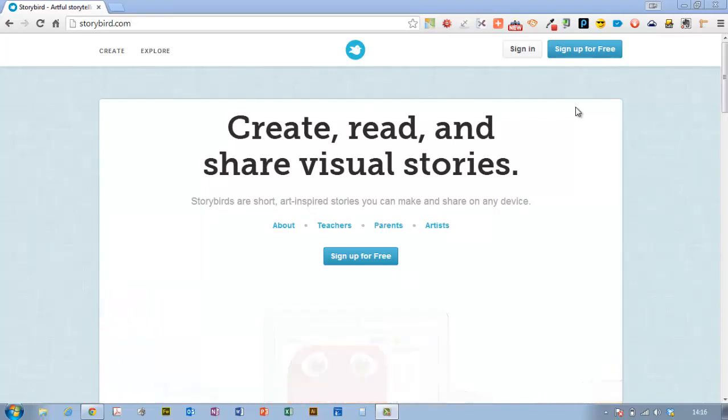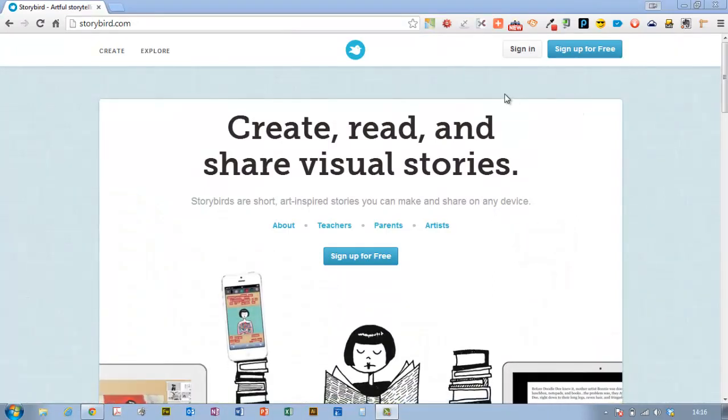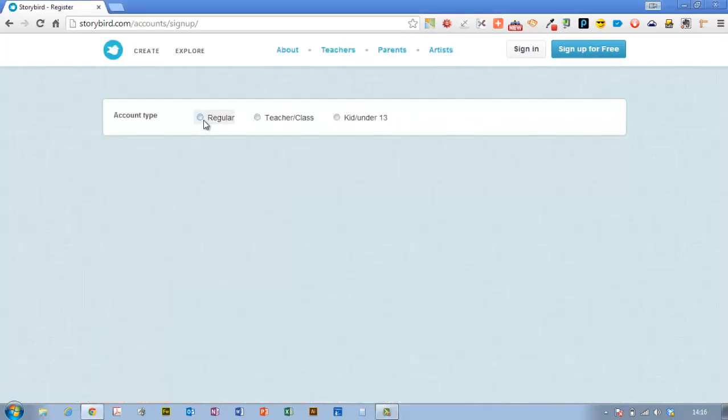I want to show you Storybird. It's a really cool tool. It could be used all the way from primary school up into high school and beyond, just for your own entertainment. Signing up is free, and when you sign up you can choose what you want to have,